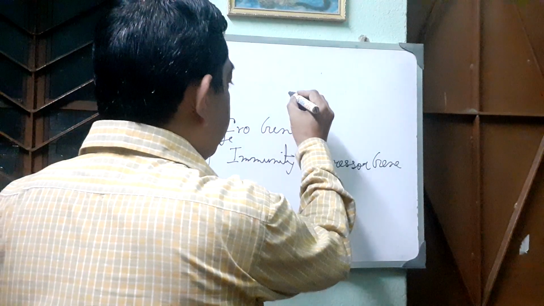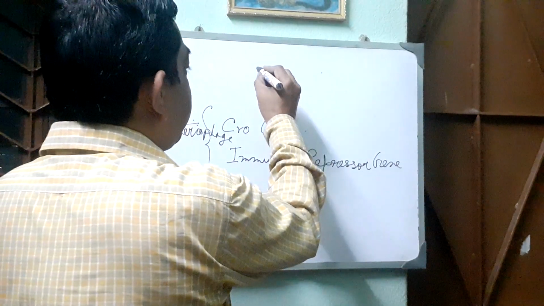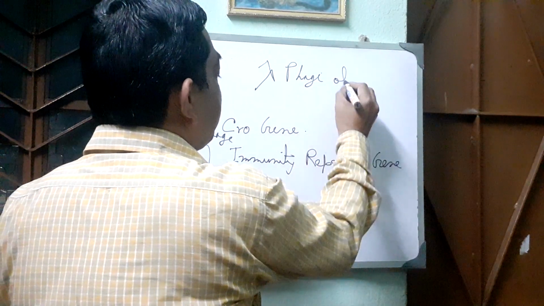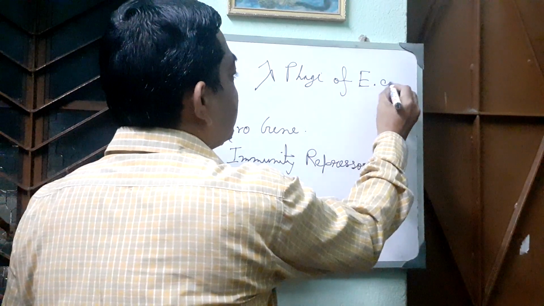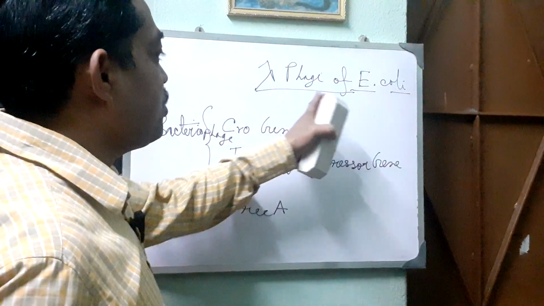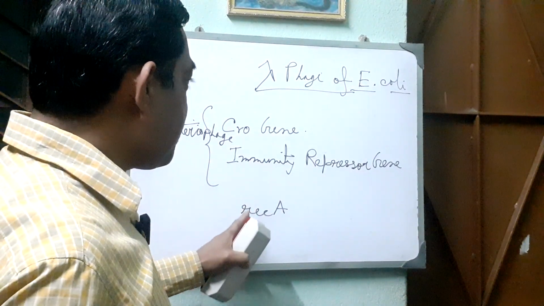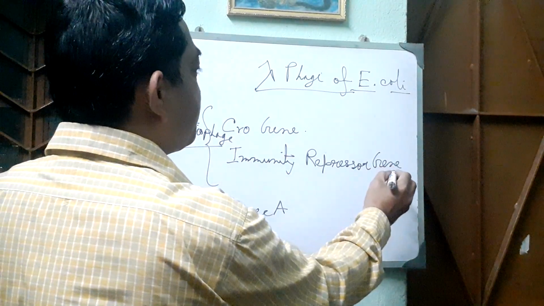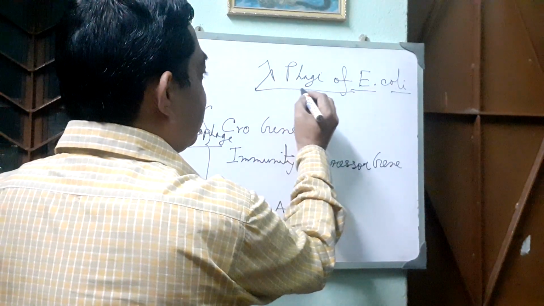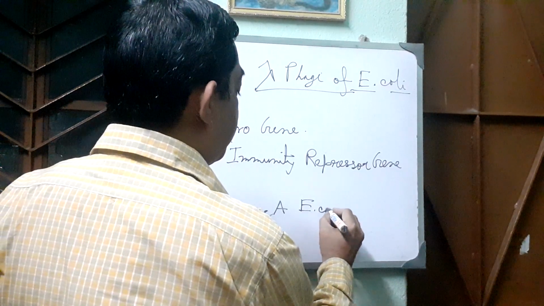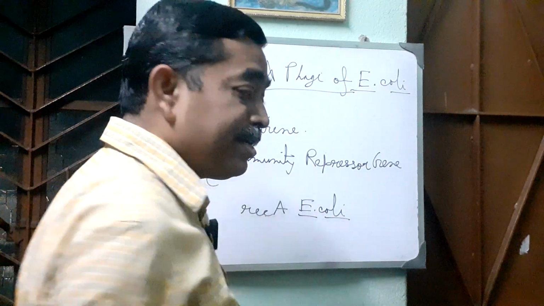Actually, this model of the lysogenic cycle is studied in the lambda phage of E. coli, which affects the E. coli bacteria. These are the lambda phage genes, the prophage gene and the immunity repressor gene. But this gene, the REC-A gene, is the E. coli gene, which, when the spontaneous induction happens, releases the